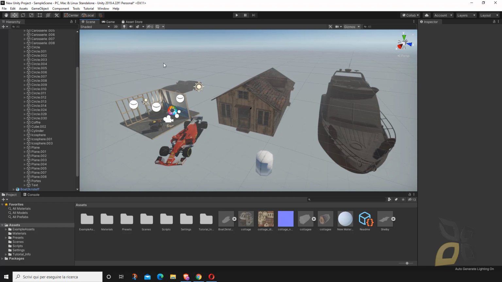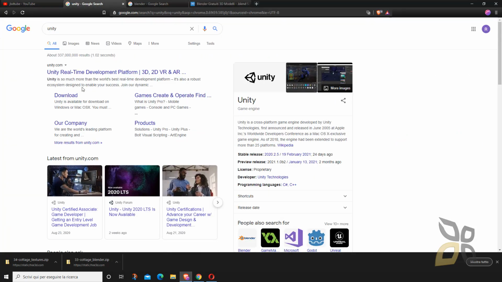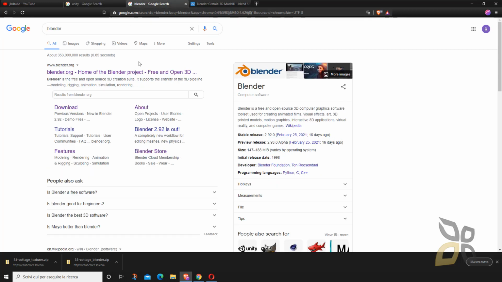Now, if you don't know what Unity is and you want to download it for free, you just go to the website. You will find all the instructions there. Just go to the download page. It's going to take a little bit, but it's pretty easy. You can follow all the steps. And also, if you want to do this exercise with me, you will also need Blender, which is also free, so you can download it and install it in the same way, or more or less.